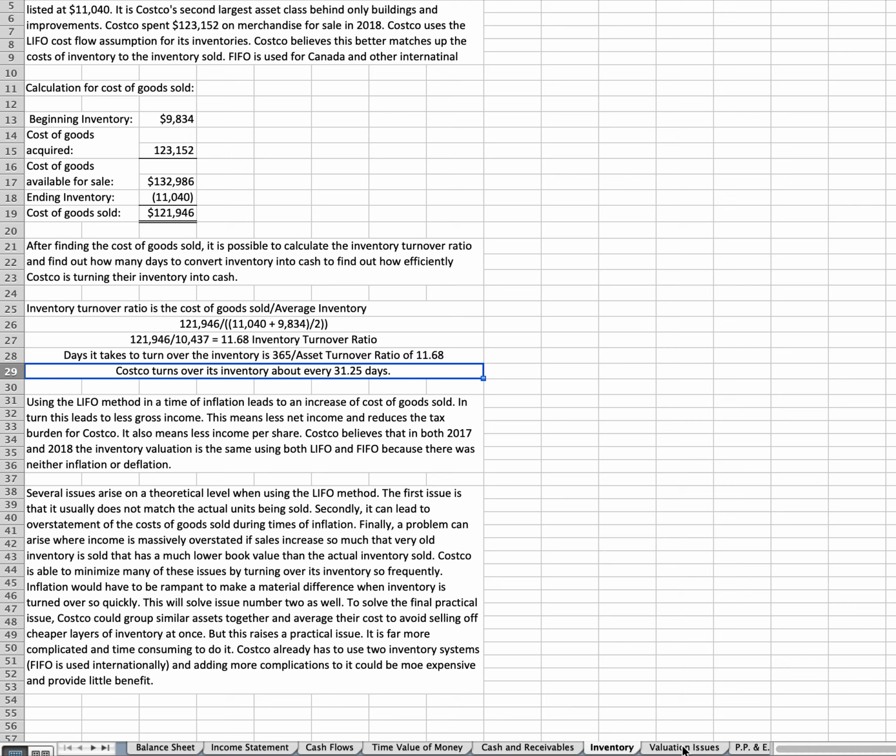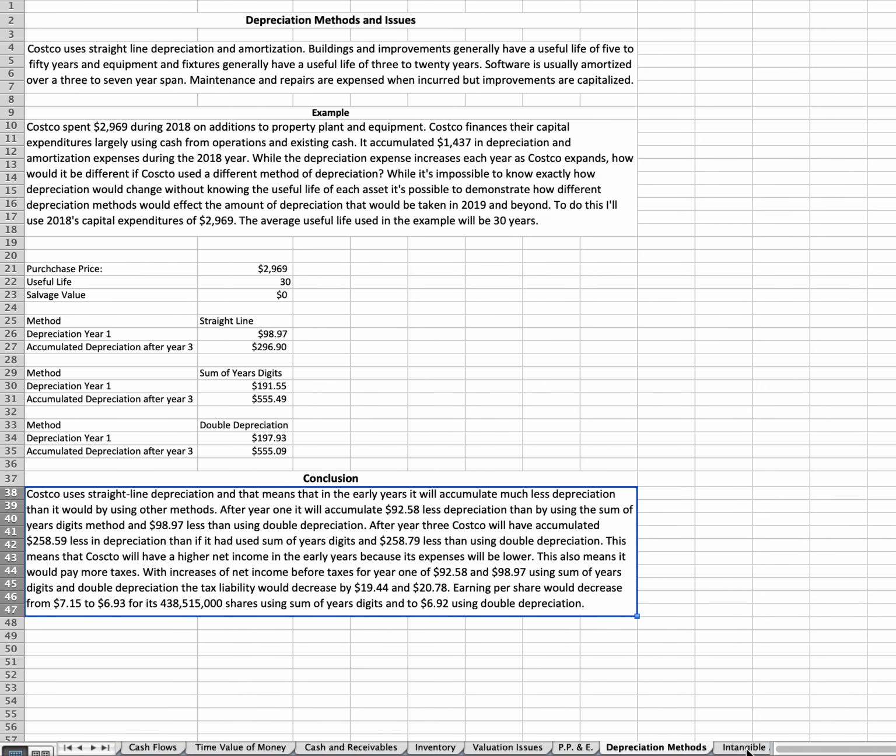To solve this, Costco could go to a FIFO method, to help it be more consistent with its international business as well. However, the turnover ratio of the inventory helps solve these problems as well, because it does not allow for the inflation to take effect. Finally, we have depreciation, and Costco uses straight line depreciation, and this can